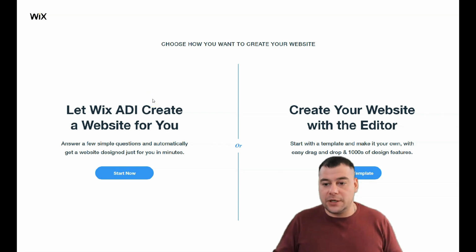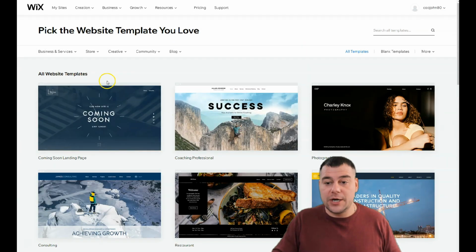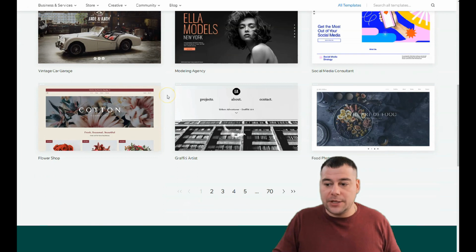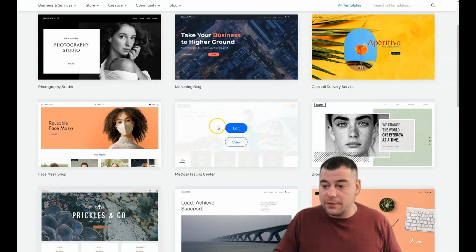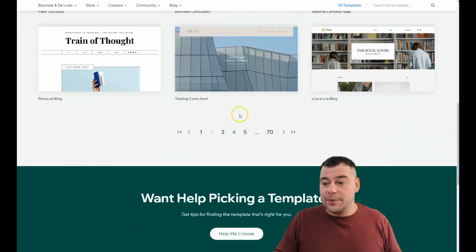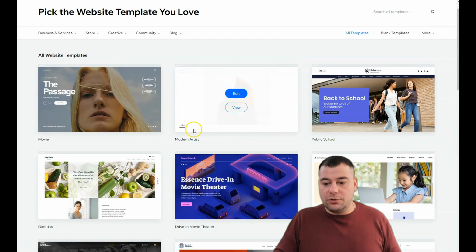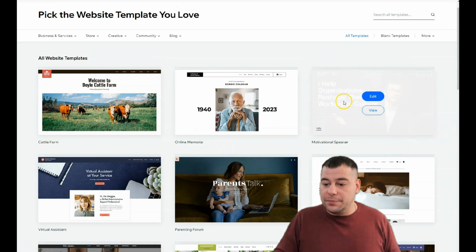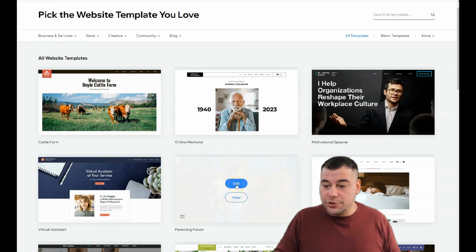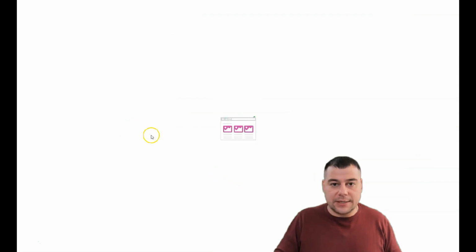If you are building a website from a ready template, you can let Wix ADI create a website for you, answering a couple of simple questions, or you can create your website with the editor and choose a template, and that's what we're going to do. There are tons of ready templates for any type of business and any type of thing that you can build. But actually, you can choose any template that catches your eye to build things that will suit your business. Let's edit just a random